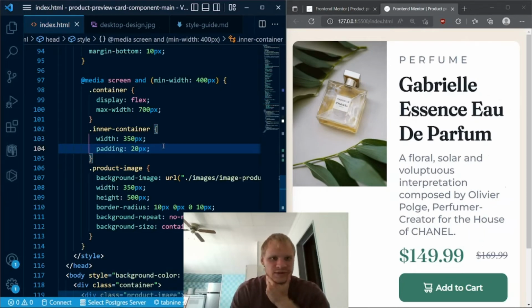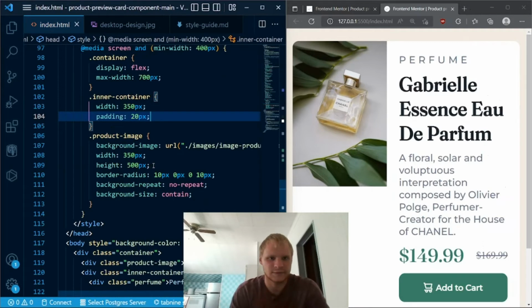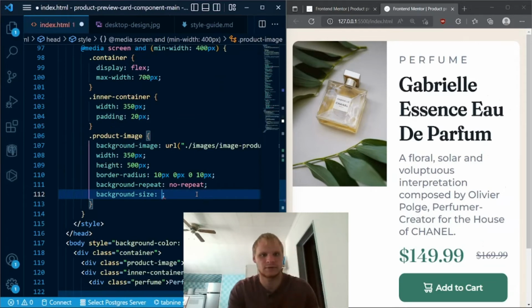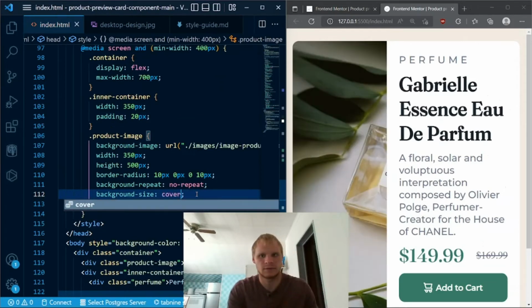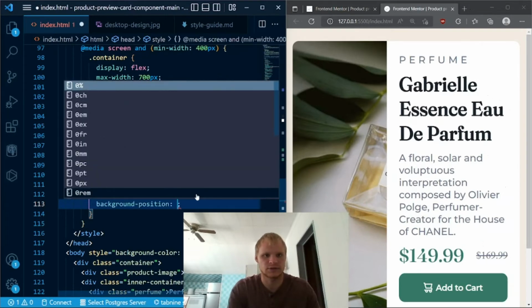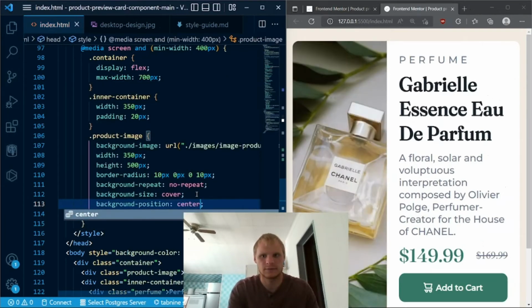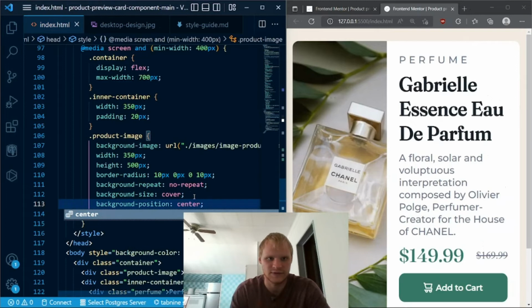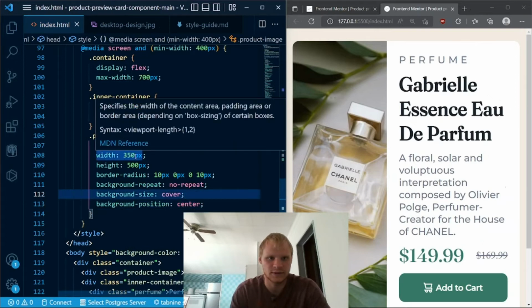And this image needs to actually cover it. Background size cover. Yeah, needs to cover. But also it needs to be in the center. Background position center. Yeah, okay. So now we're getting somewhere. It needs to take up 50-50 of the space. So width of,